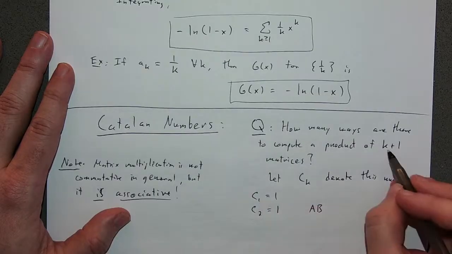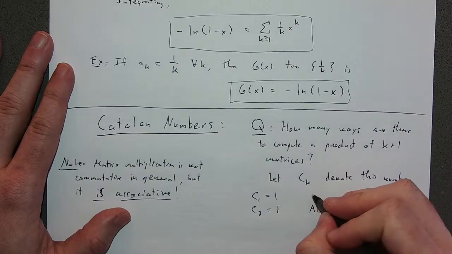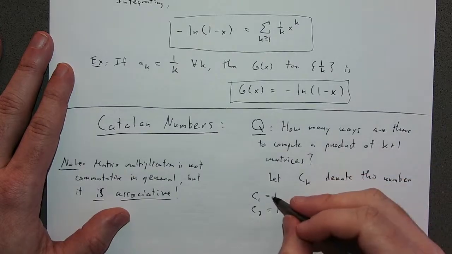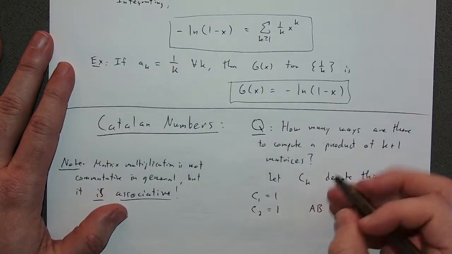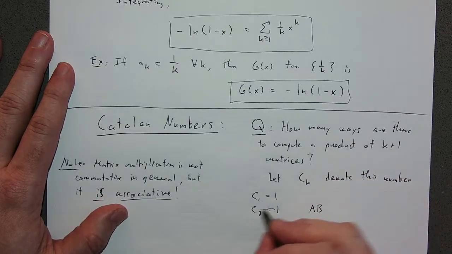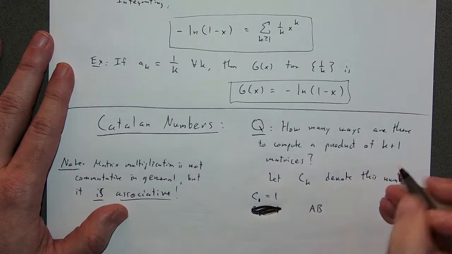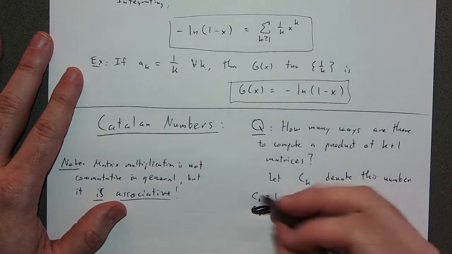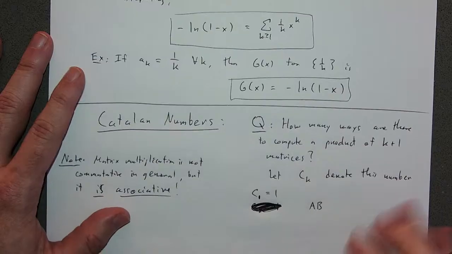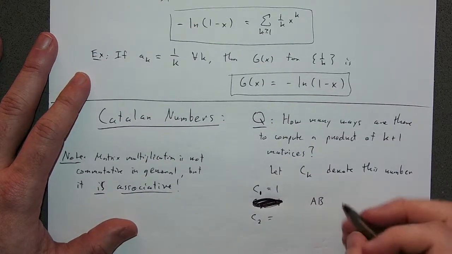C sub 1 is a product of 1 plus 1 matrices. So this is 1. This corresponds to C sub 1 here. So in this instance, we're talking about a product of 2 matrices. So C sub 1 is 1. There's only one way to do this. C sub 2, however,